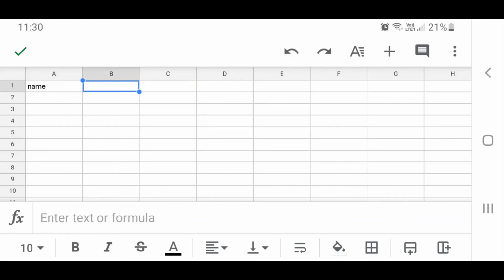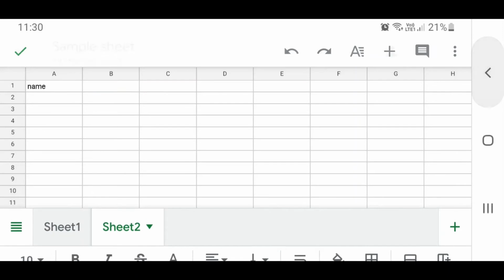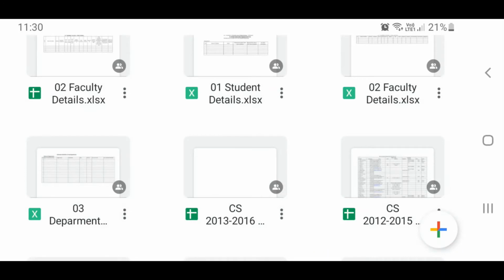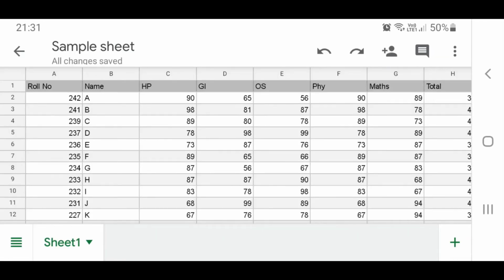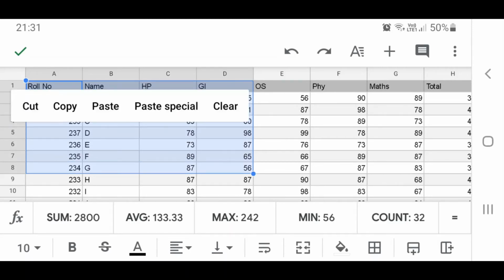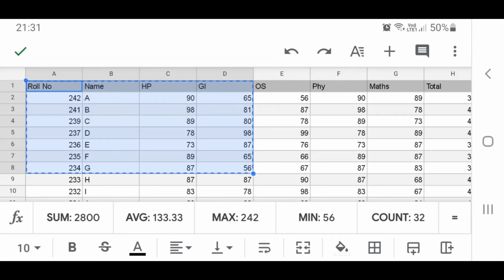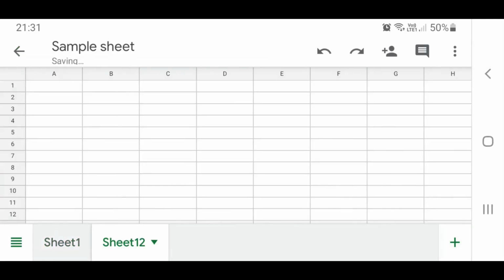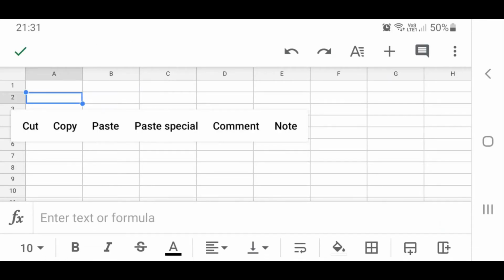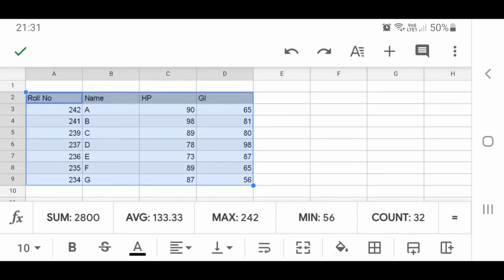Now the next way in which you may be copying data is from somewhere else. So we'll see how we can copy some data and paste it here. For that, I'm going to close my current sheet and open another sheet. Open a file, and open whatever content you want to copy. Select the cells, click on any one of the cells, click copy, then move to the file or the sheet that you want it to be pasted in. Click on the cell and paste. Your content will get pasted.